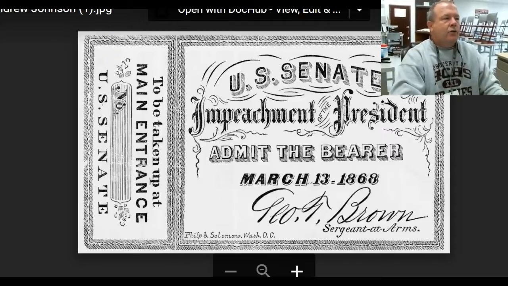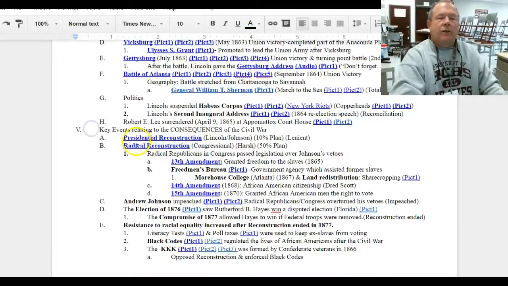To be truthful, they used that as a technicality. He was really impeached because he opposed their plans for Reconstruction. He was such an unpopular president. He was able to escape being found guilty by the Senate, so he was not convicted, but he was so unpopular